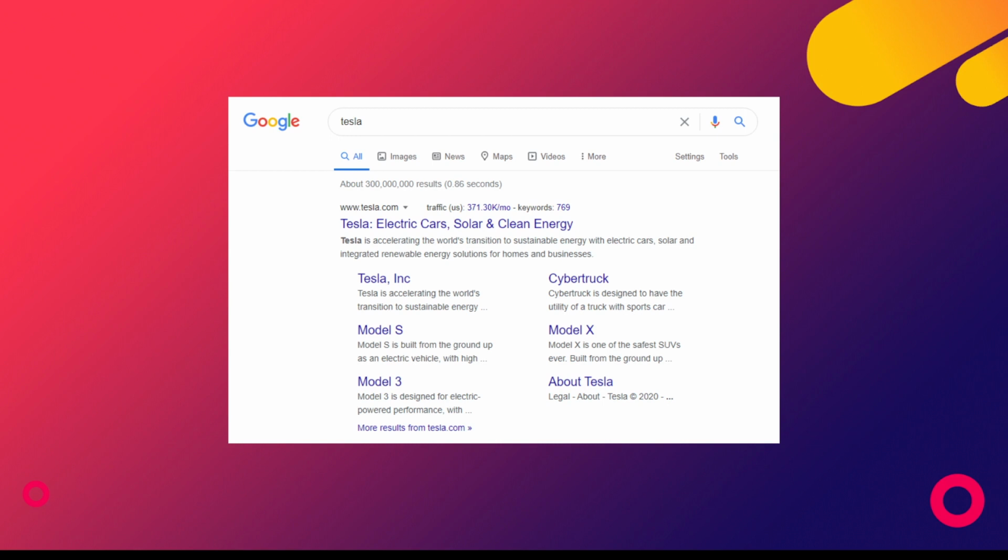So here is an example. Some of the things that we'll be doing in this video are basically the meta title and the meta description. So these are the title and the description when you search something, for example, in Google. So in this case, when somebody searches for Tesla, it shows a headline, Tesla, electric car, solar and clean energy. So this is their meta title, and this is what we'll be adding for all our pages when they show on Google, to have a really good headline, a very good title, and then a description, the meta description, which is a slightly longer description of the